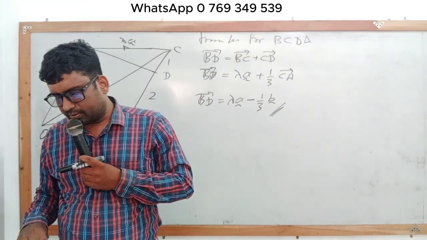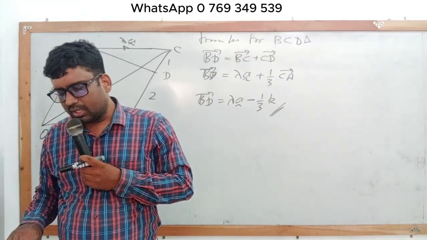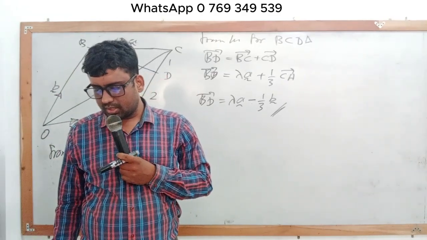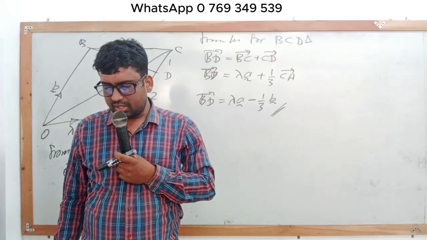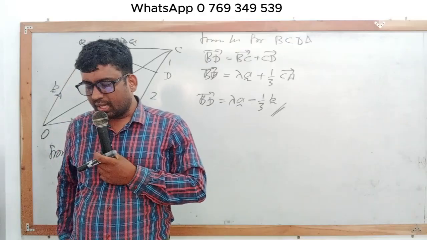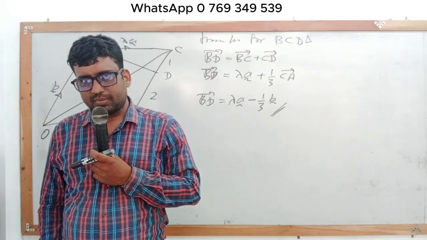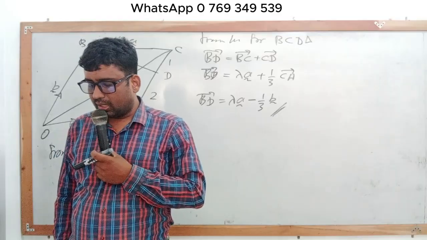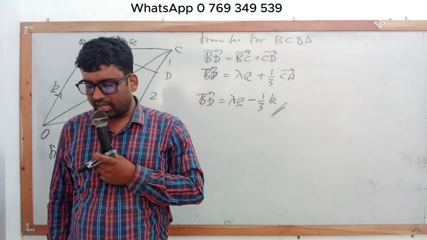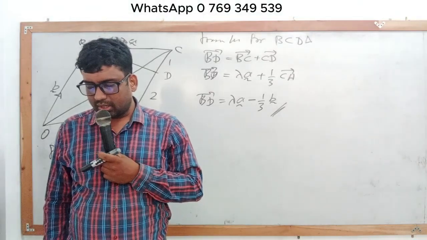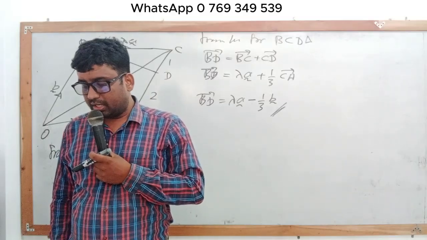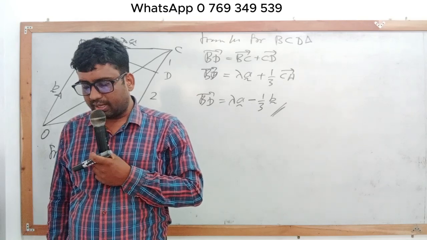And question number 5. Let ABCD be a rhombus. Right. Let ABCD be a rhombus with AB equal to 2 meters and angle BAD pi by 3. Forces of magnitude 10 N, 2 N, 6 N, P N, and Q N act along AD, BA, BD, DC, and CB respectively, in the direction indicated by the order of letters.